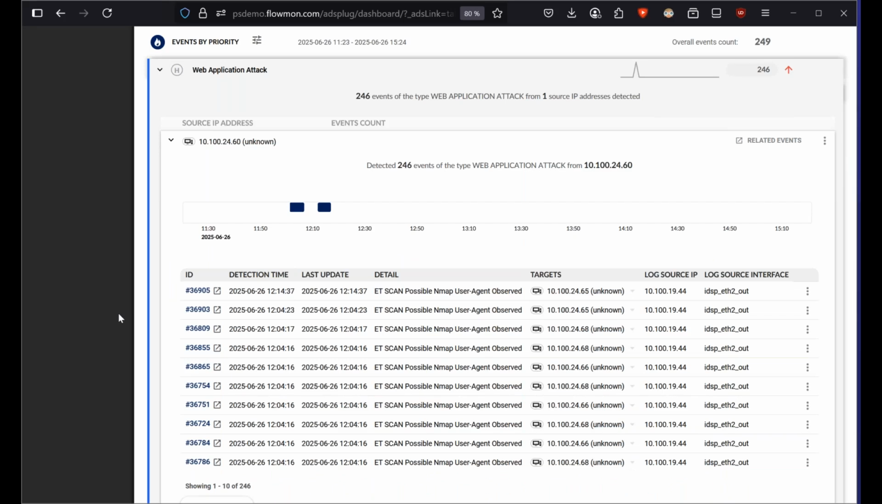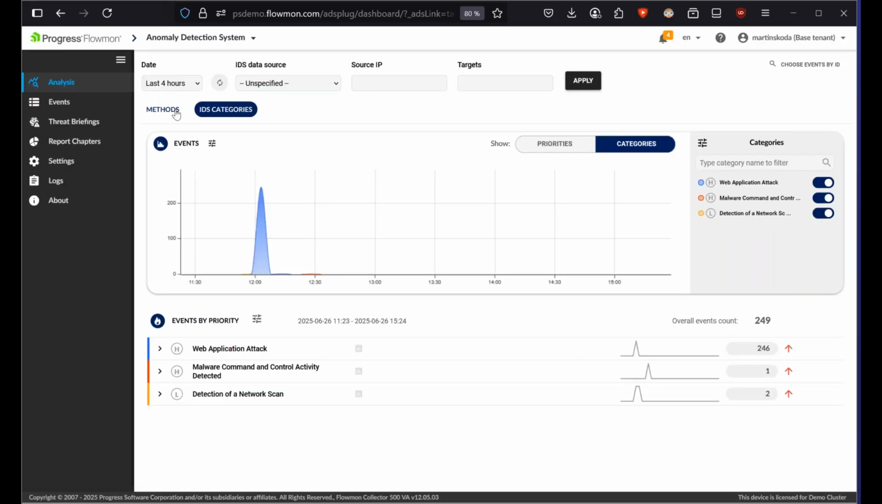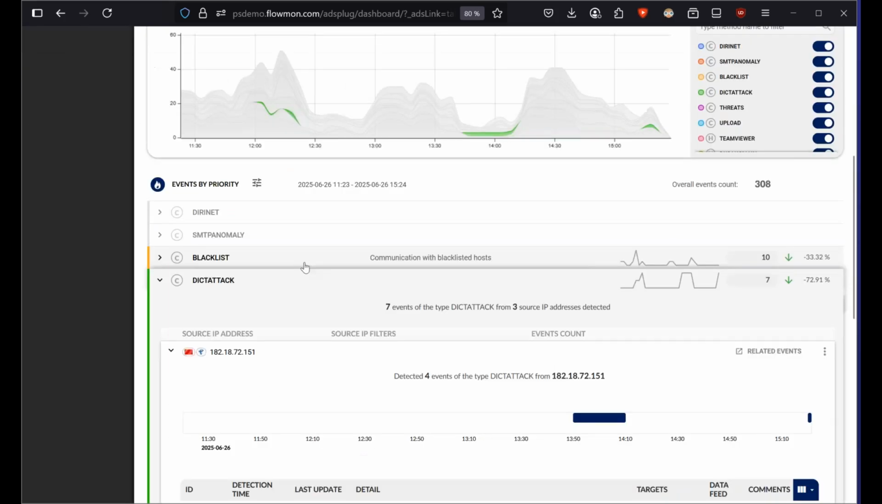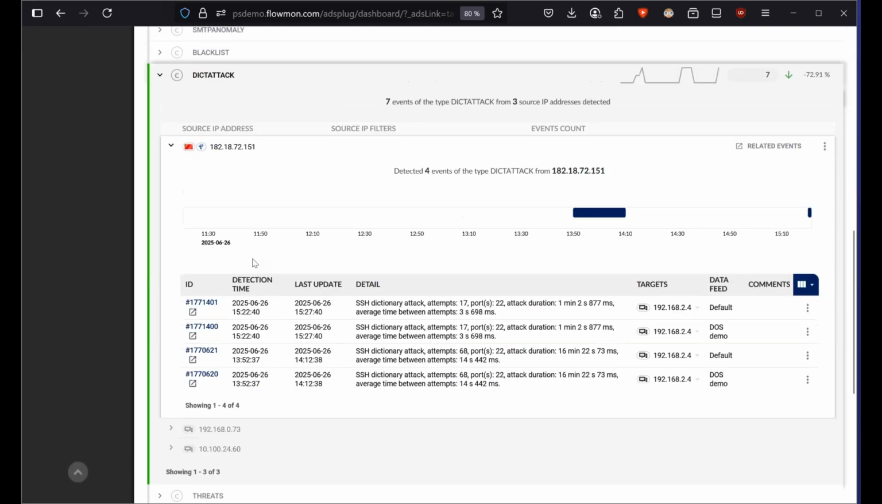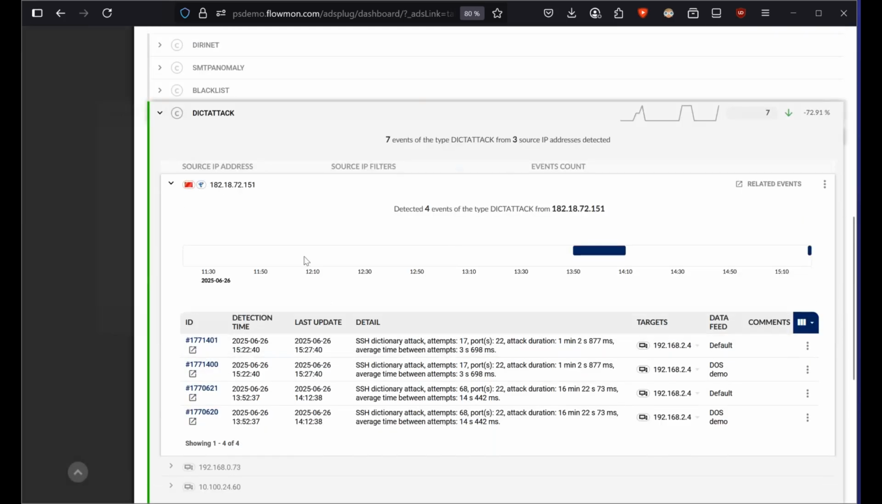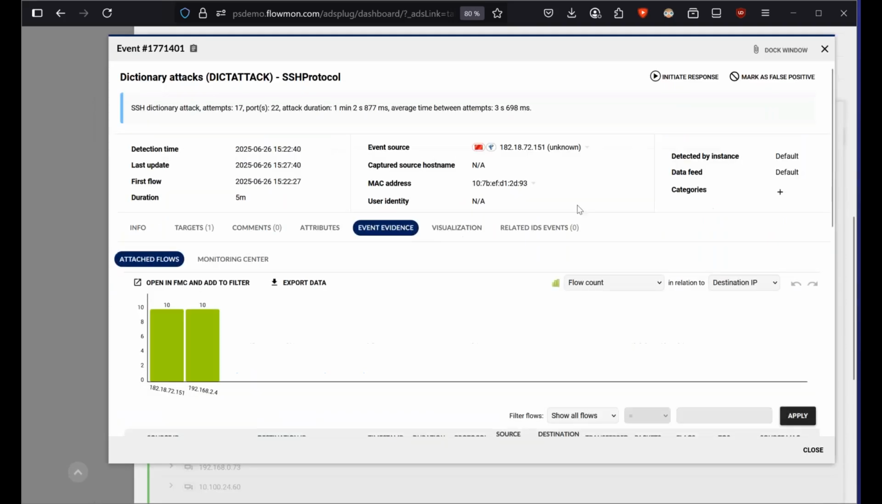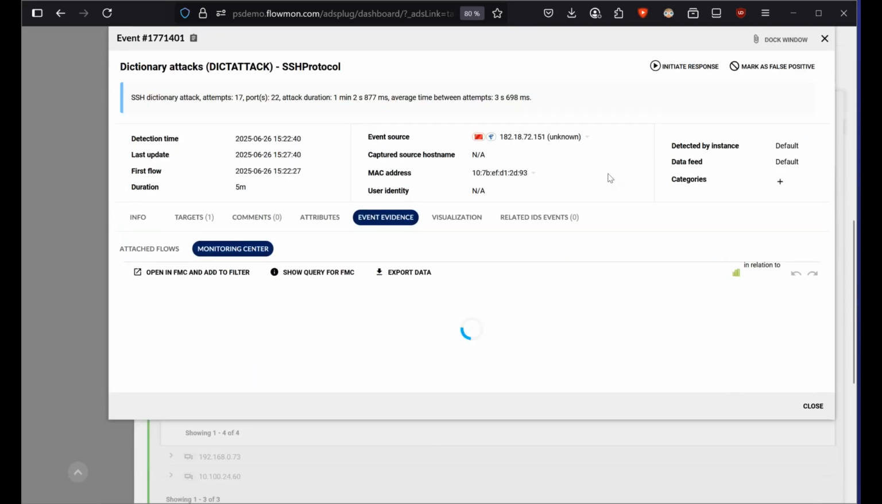Okay, thank you, Martin. And basically, we only have one more improvement left, and that is the improved histogram in event evidence. Okay, so I will just show it here. The histogram is available in the event evidence,